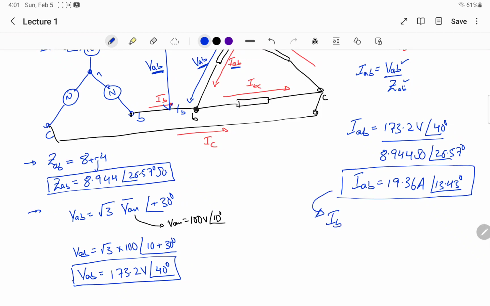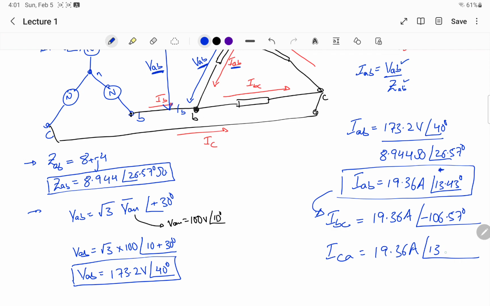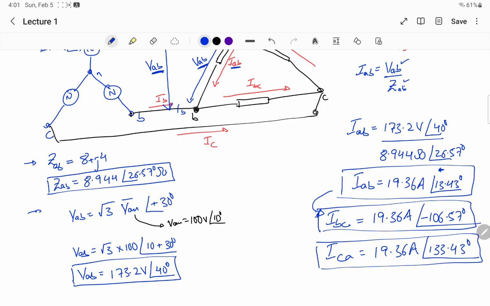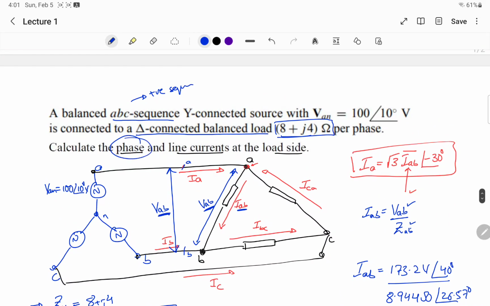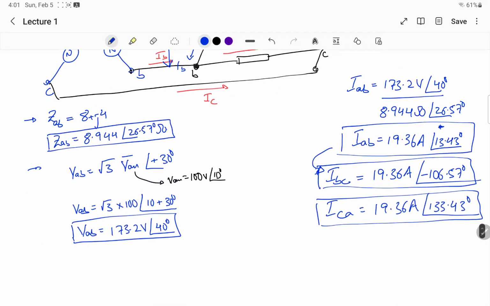You can calculate IBC. What will happen? We'll add minus 120 degrees, so it becomes minus 106.57 degrees. And what will be ICA? 19.36, we'll add plus 120 to this one, so it becomes 133.43 degrees. So this is how we have calculated the phase currents. And now to calculate the line currents,